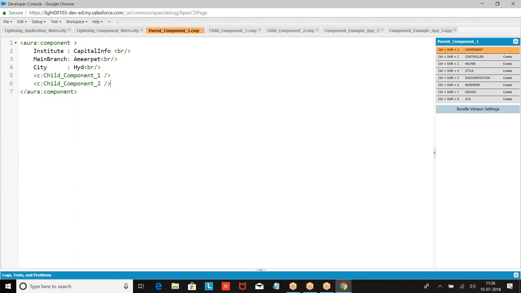There may be some typo error. Look at the names. Child underscore component underscore 1, component underscore 2.